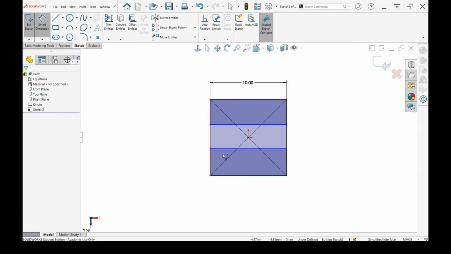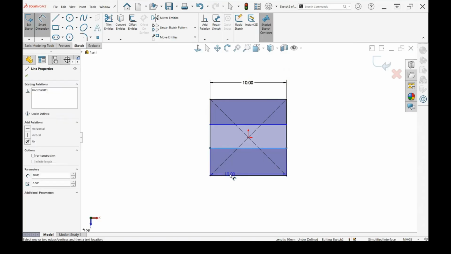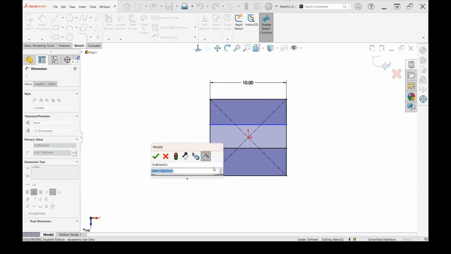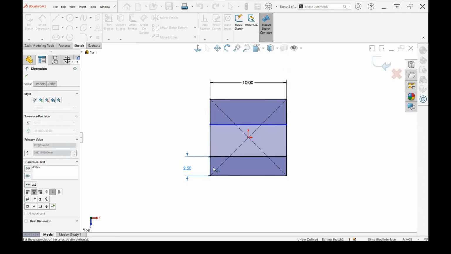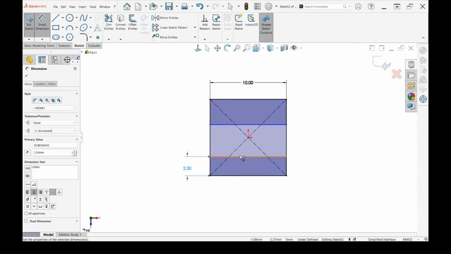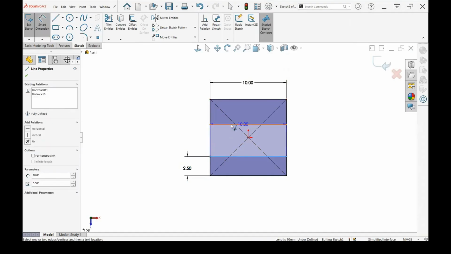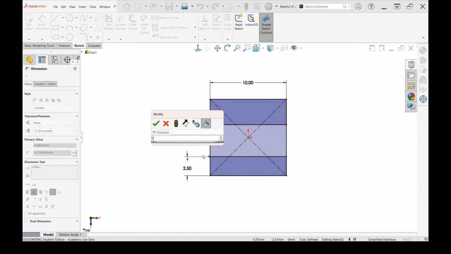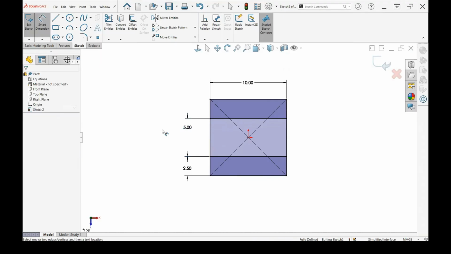So I'm going to select this line and this line to do a smart dimension and say that is going to be 2.5 millimeters. And then this line to this line, I'm going to say is 5 millimeters. I am not going to do a dimension from this upper line to the very topmost line because that would be redundant.